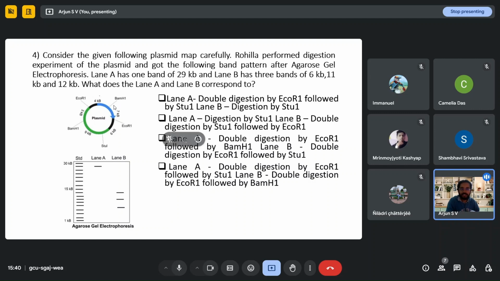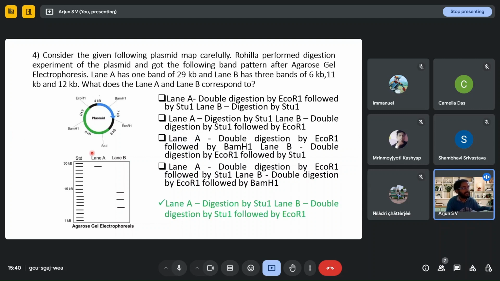So the simple way to go around this problem is to realize that lane A will not be cut by more than one restriction site. But here the options say that lane A is double digestion, lane A is double digestion, lane A is double digestion, which will not be possible. So automatically you will rule out options 1, 3 and 4. So the correct option will still be option